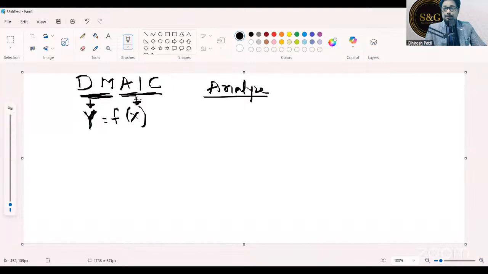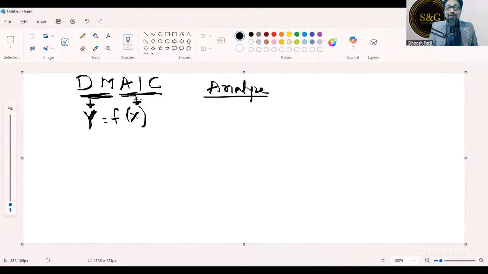Right? X's meaning the factors which are impacting the attrition, which is the output. So in the Analyze phase, we'll find out all the factors and the root causes. In the Improve phase, we'll find out the solutions for the factors and the root causes. And in the Control phase, we will make sure that once we improve the process, we sustain it. How do we maintain it at that level? So there we will only focus on the X's. So Define and Measure phases will focus on the Y, and Analyze, Improve, and Control phases focus on the X's.